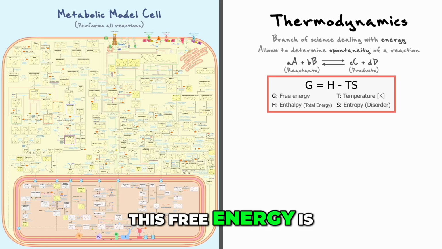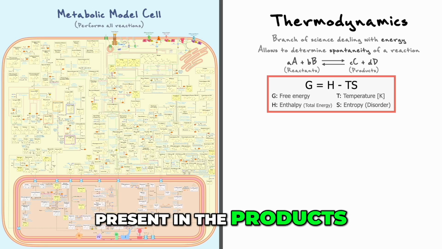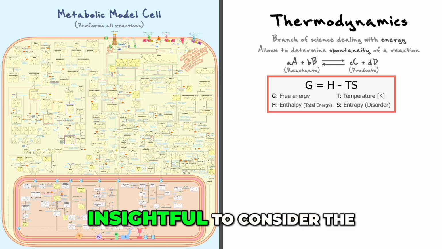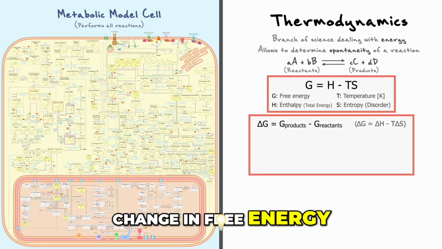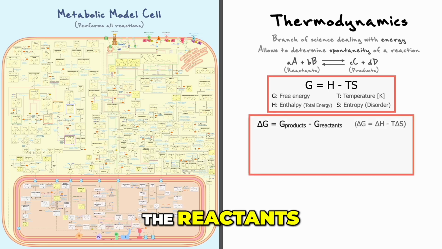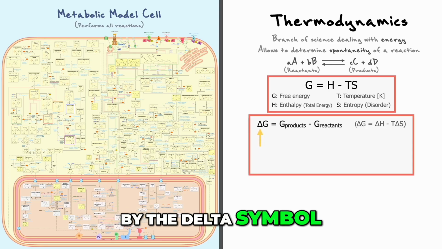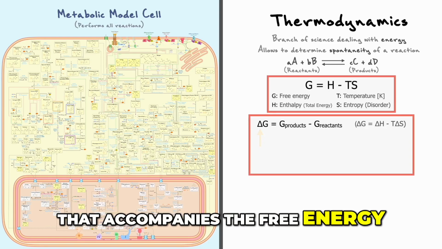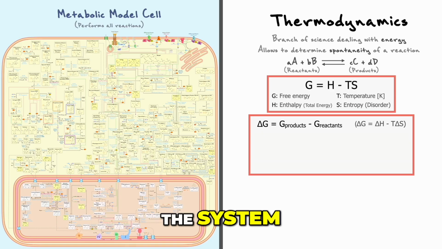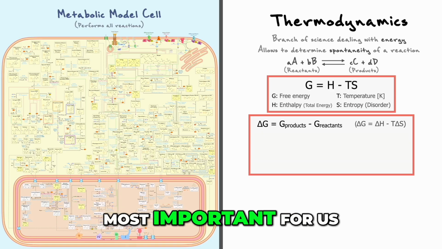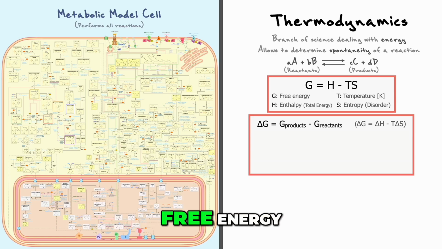This free energy is something that is both present in the products and reactants, and because of that, it is often more insightful to consider the change in free energy between the products and the reactants. This difference is denoted by the delta symbol that accompanies the free energy, enthalpy, and entropy of the system. Now, in terms of the equations, the value that is most important for us is the change in free energy,